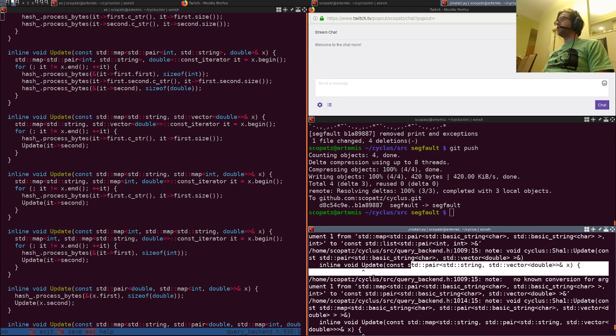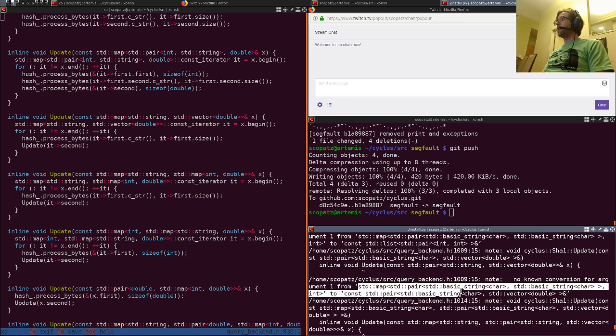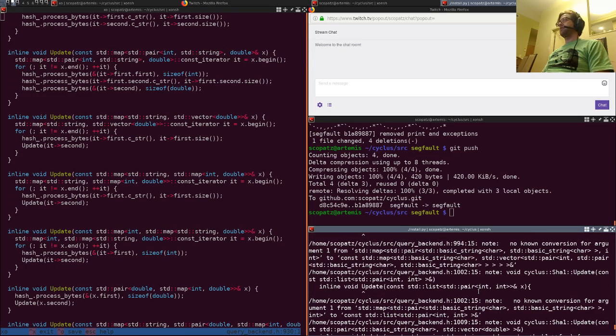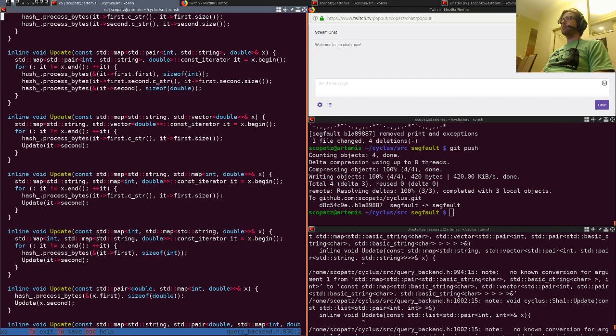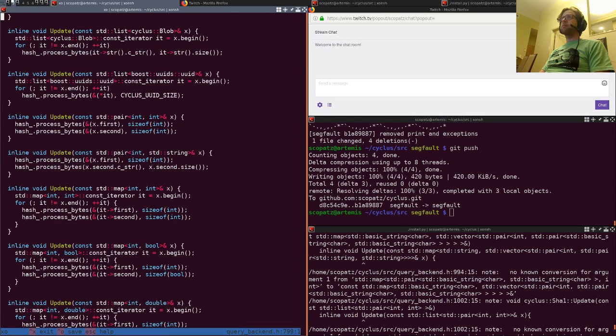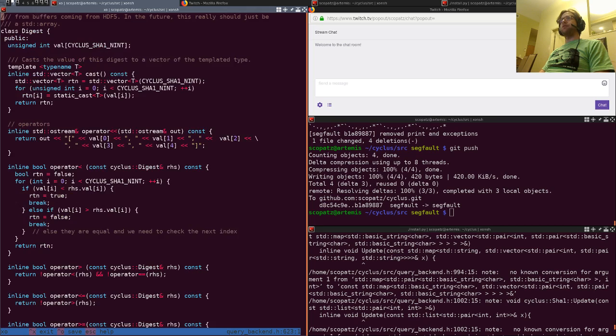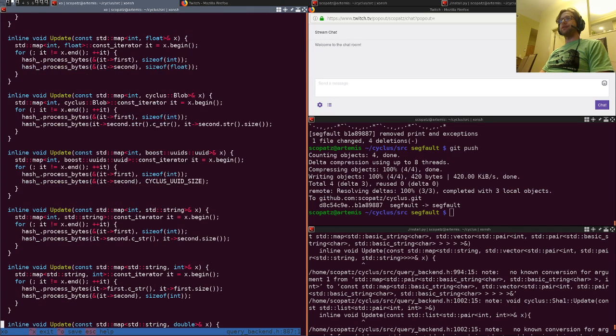Oh no, no conversion for map pair string int. Okay. That's fine. Okay. A lot of these update functions, it's just a matter of finding the right place. Okay, so let's say where